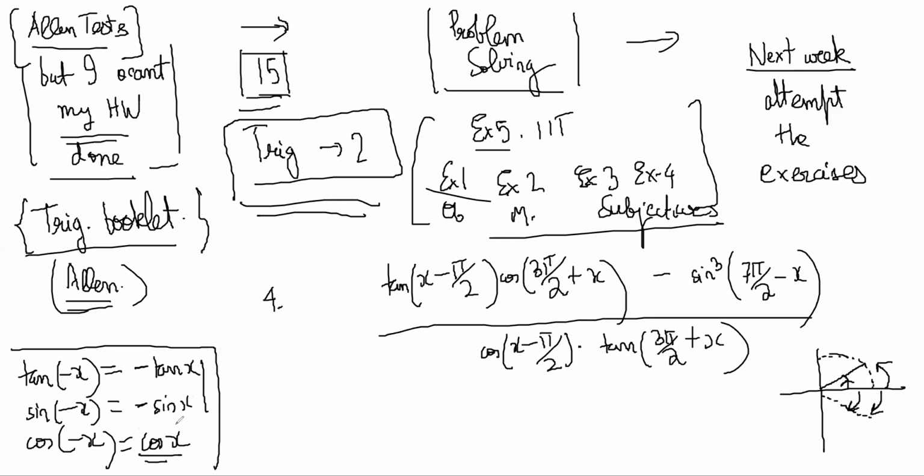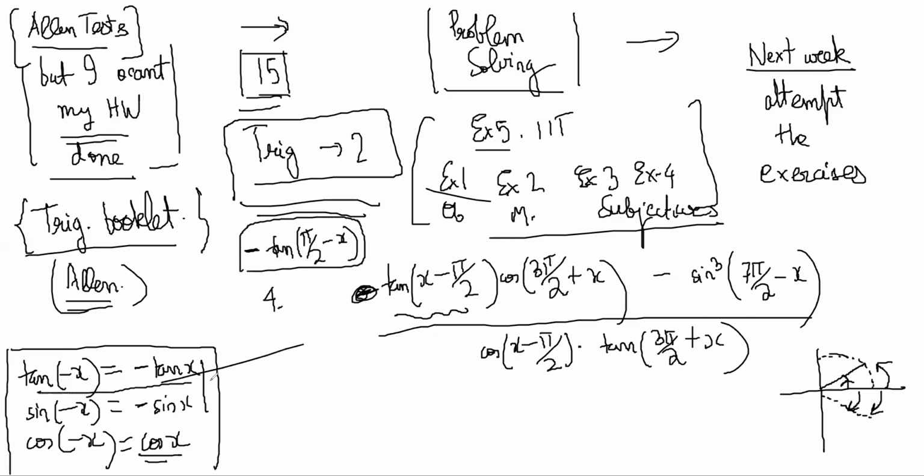Okay. So why am I discussing this all of a sudden? Because I don't want to write it like this. This is horrible, x minus pi by 2 and all. I want to write it as pi by 2 minus x, so I will put a minus sign outside. Tan of minus x will be minus tan of x. And minus tan of pi by 2 minus x, I know, is a complementary angle, so it is going to be minus cot x. So this part is minus cot x.